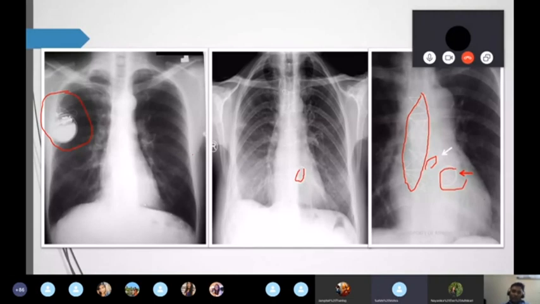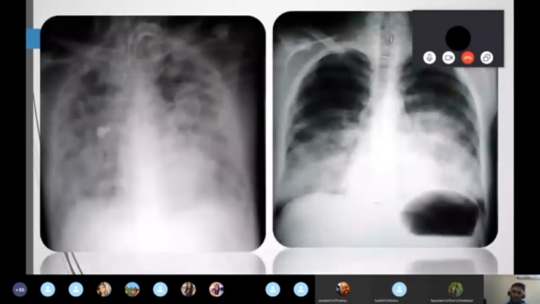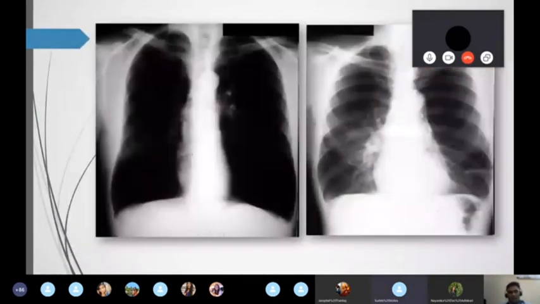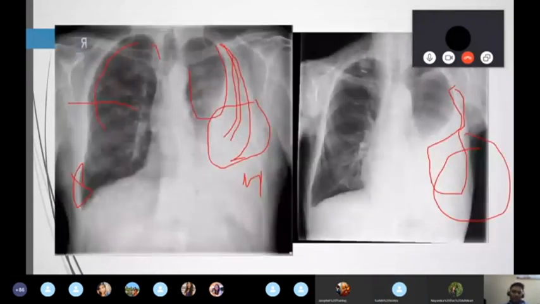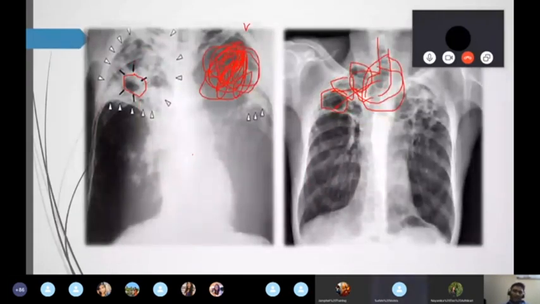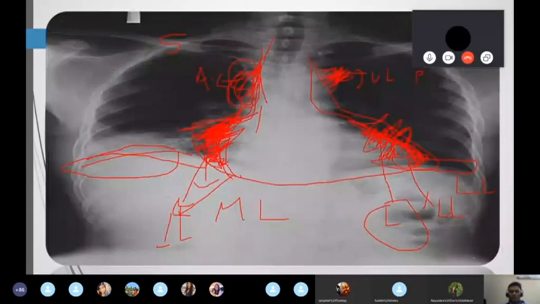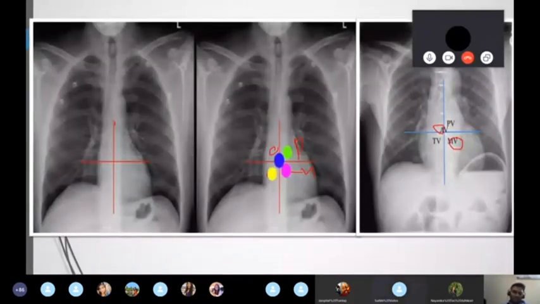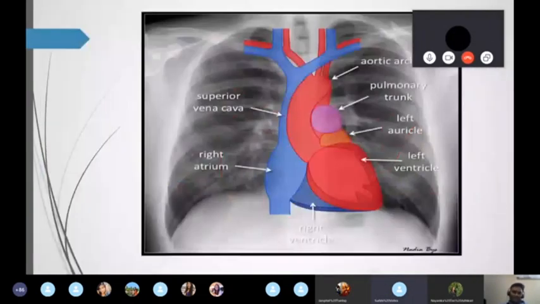So you have to see from outside to inside. Always start from outside to inside. It's up to you; tomorrow you can practice from inside to outside. But generally I follow outside to inside. It's up to you. Okay, thank you, sir.